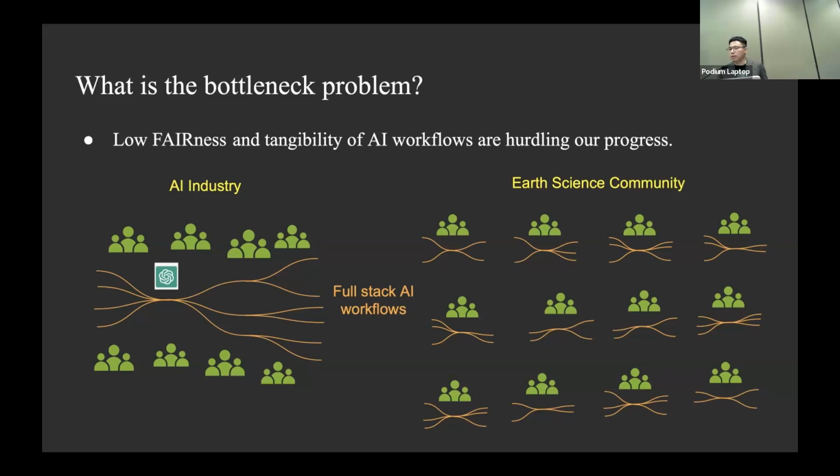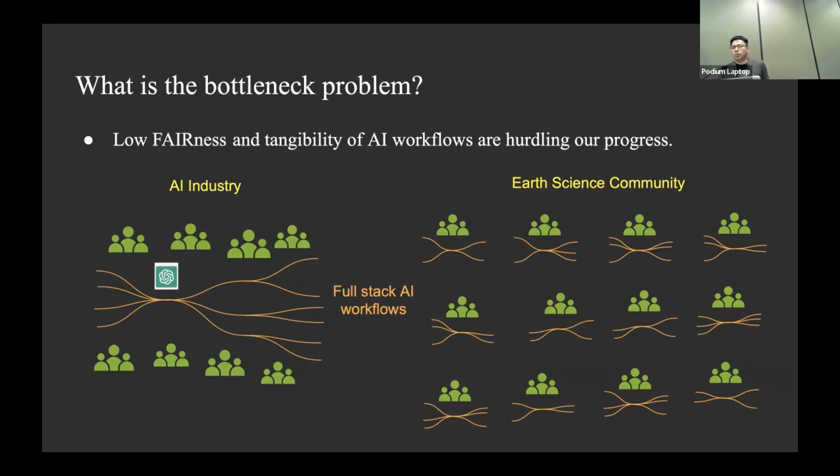But in the earth science community, if something goes wrong, what we do is send an email, and that's it. So it's not one or two persons' fault. It's actually that the entire scientific community's settings are not suitable for this kind of work.